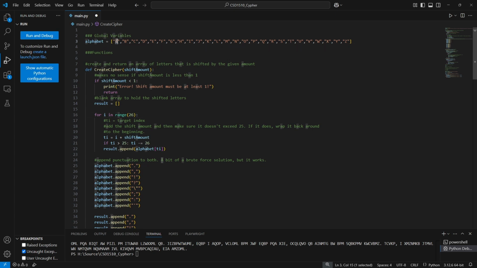And I need to use the index values. Why do I need to use the index values? Okay, so if we take a look at this, if I'm shifting by 1, A needs to become B, right? Remember, lists always start counting from 0. So A is 0. I need to make A equal to B, and B's index is 1. Well, hey, if I'm shifting it by 1, if I just add that shift value to the index,